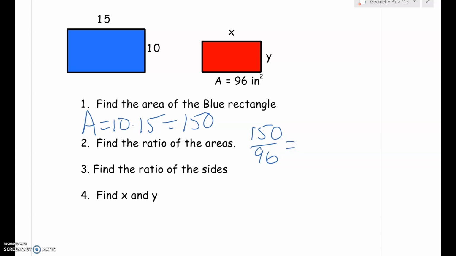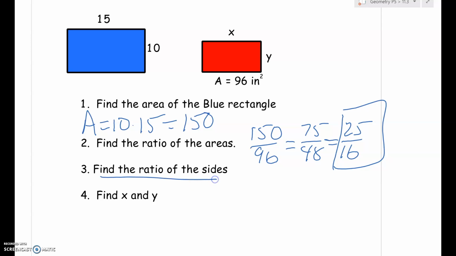Well, I don't know off the top of my head there. Let's see, 2 goes into both. That's 75 and 48. Let's see, what else goes into that? 3 does. So this is 25 and 16 ratio of the areas. Now, I will tell you that these numbers here are going to be fixed so that I can easily answer this next question. All right, so if the ratio of the areas is 25 to 16,